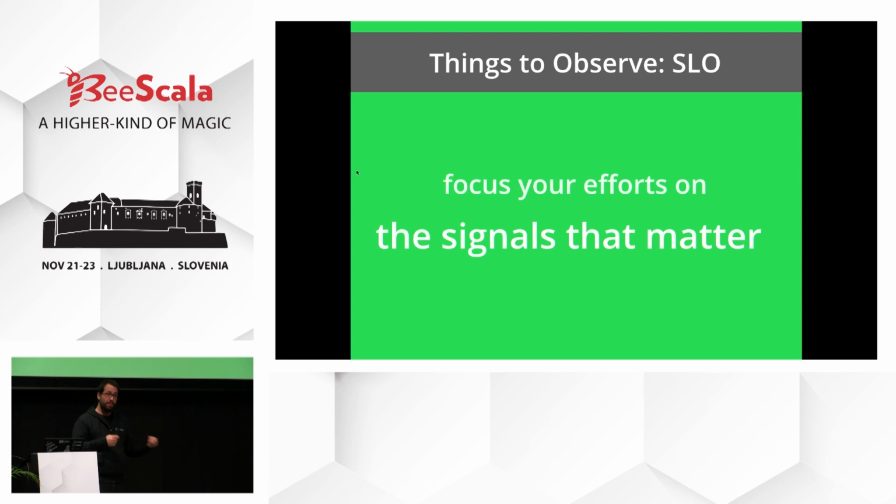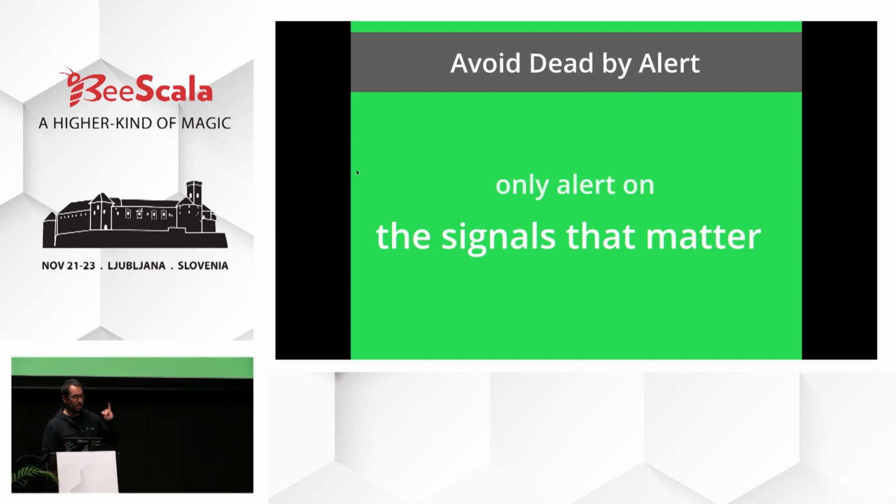But if you have users constantly experiencing high latencies and the service is bad for them, then you should probably wake up and do something. So not only measure the things that matter, but alert on the things that matter. It's super easy to go crazy. Oh yeah, someone gave me this checklist, so I'm going to put an alert on all of that so I will know when something goes wrong. And then you get so many alerts that you are going to miss the one that matters.